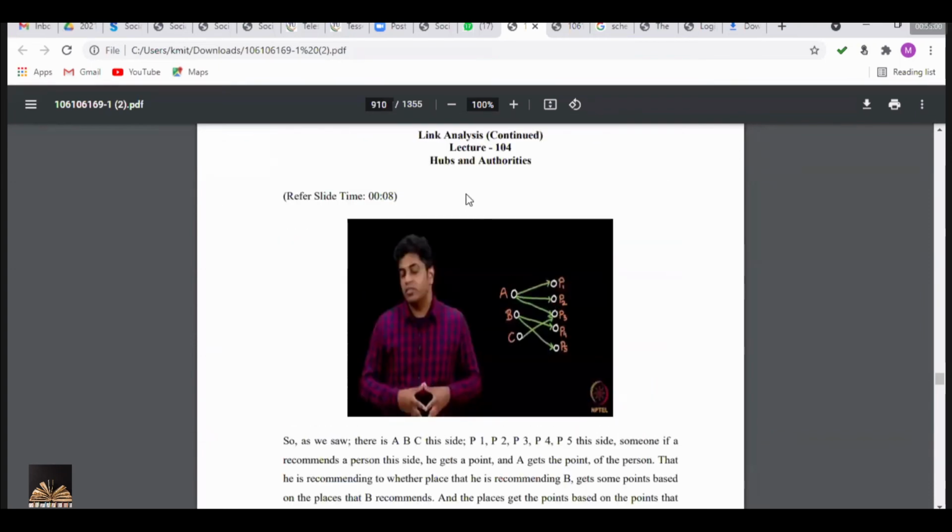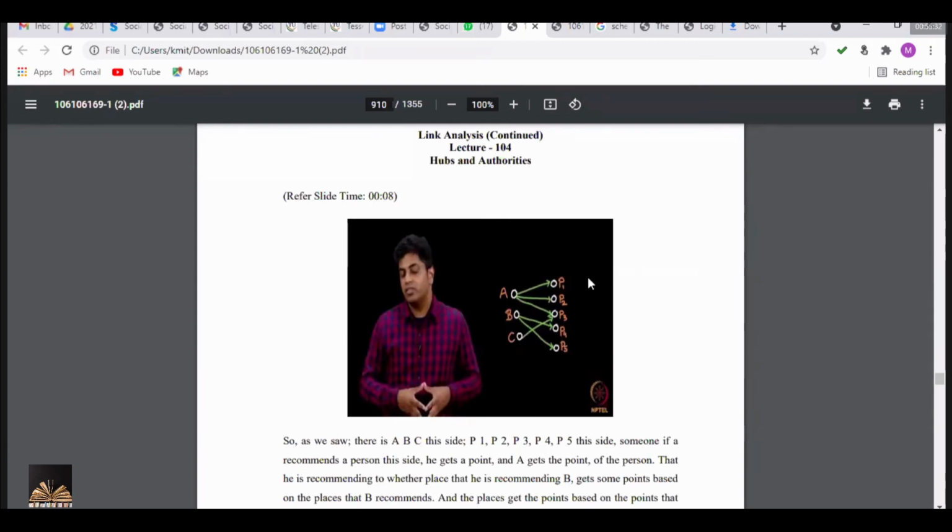Now, coming to hubs and authorities, see, I have a network. That means I have a group of people in the classroom. Consider it as a network. And I asked a person a doubt, right? That person doesn't know the answer, but he is referring to someone. He can refer to one or more people also. In the same way, this person also can be referred by someone.